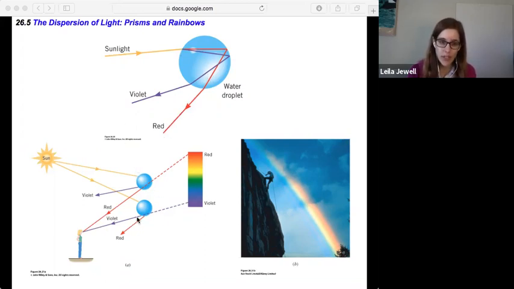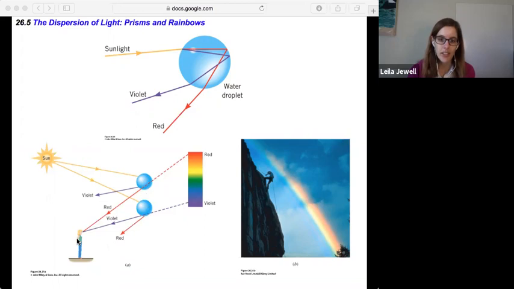Well, depending on where the droplets are, they all follow the same pattern. But there's a certain height of drop that's at just the right height for the red to reach our eye, and the violet will pass right on by. So we don't see that drop, it just looks red to us. Similarly, there's another drop that's lower where the red misses us, but the violet is now able to make it